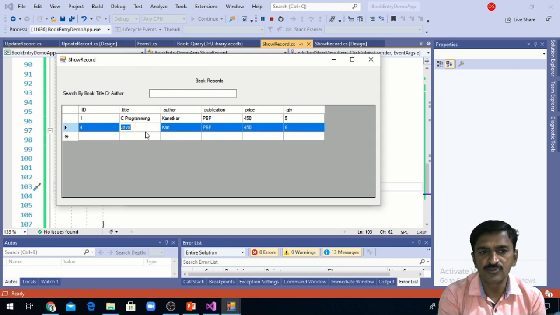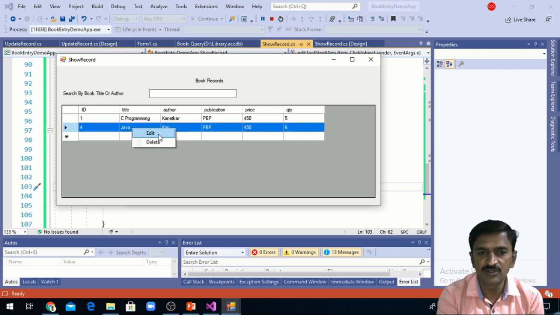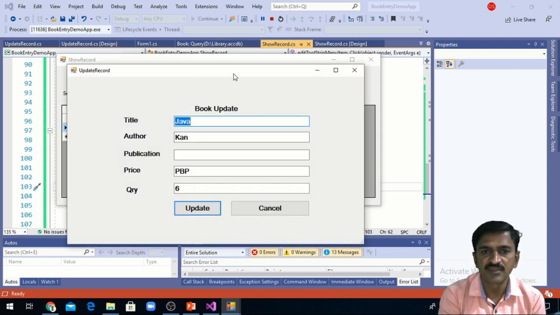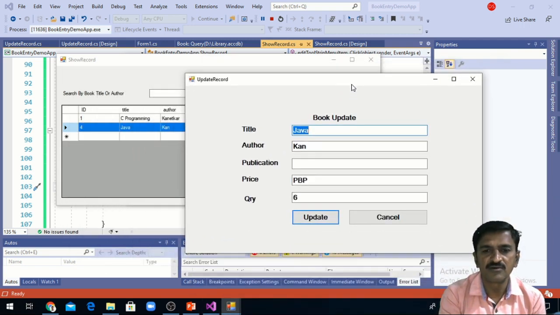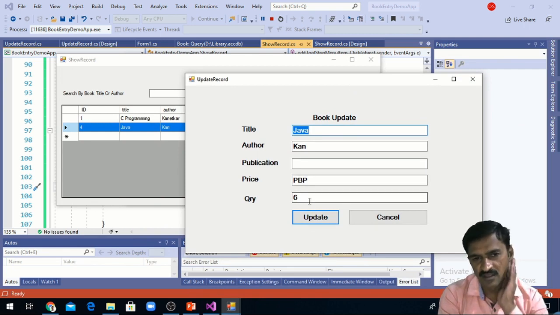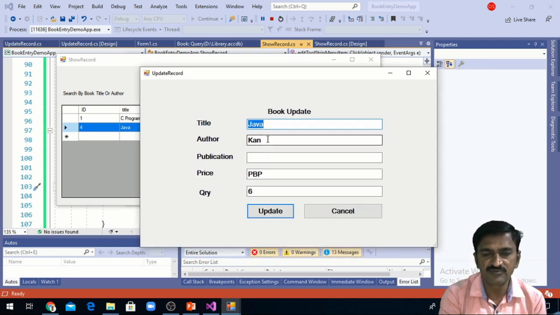I'm going to edit these values. Instead of Java, I am going to change it to Programming in Java, so I am going to click on this edit option. Once I click on the edit option, a dialog will appear in which the values appear here. I think there is a problem with the publication, price and quantity. Something is mismatched there. We can change the values as per the requirement.